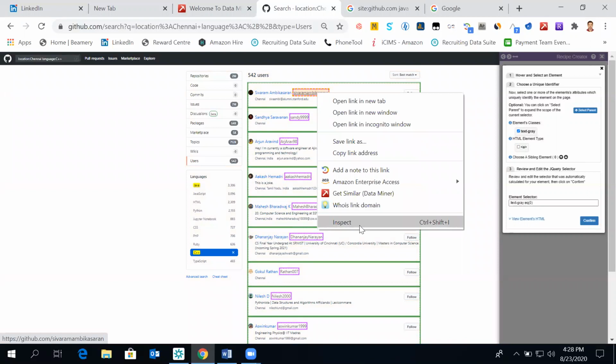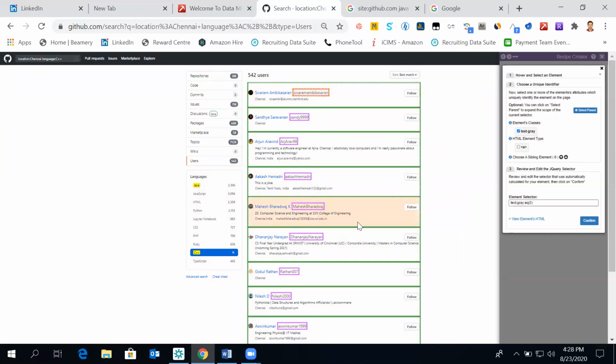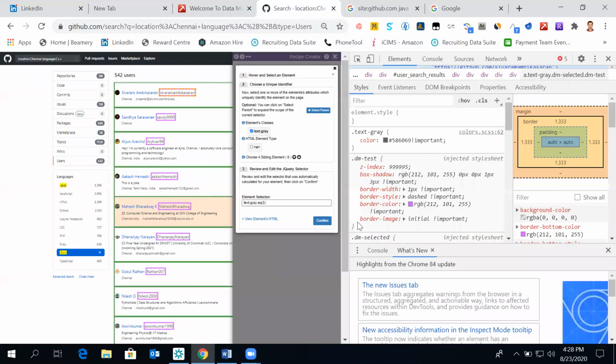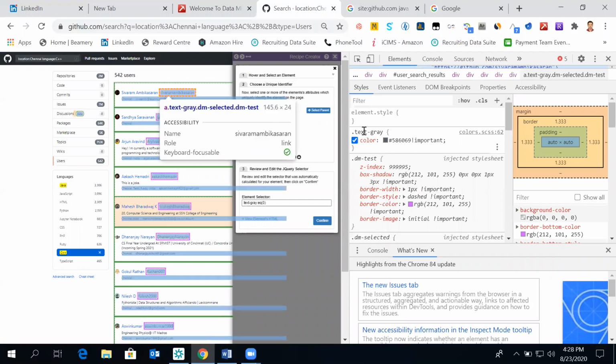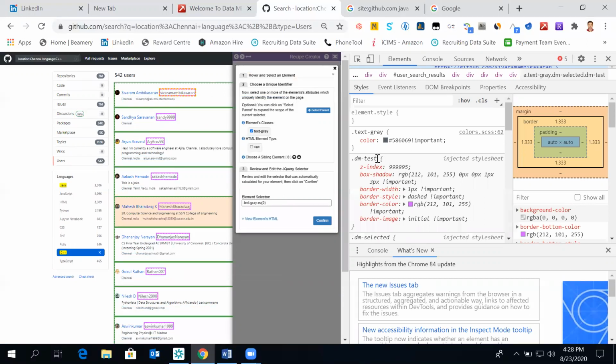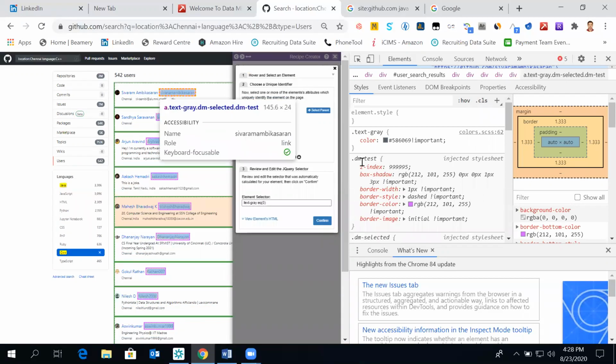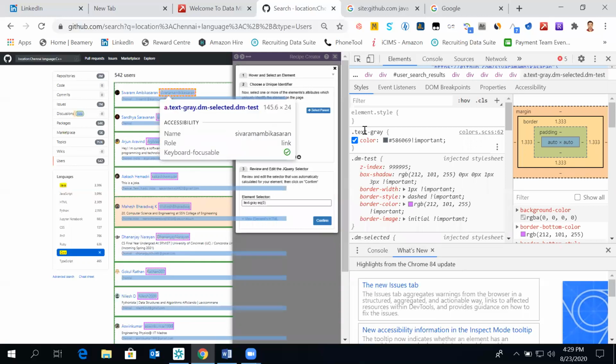Again, we just inspect element. So it says text gray, all the format is of text gray. Color, DM text. There's another element as well, so DM text or text gray.